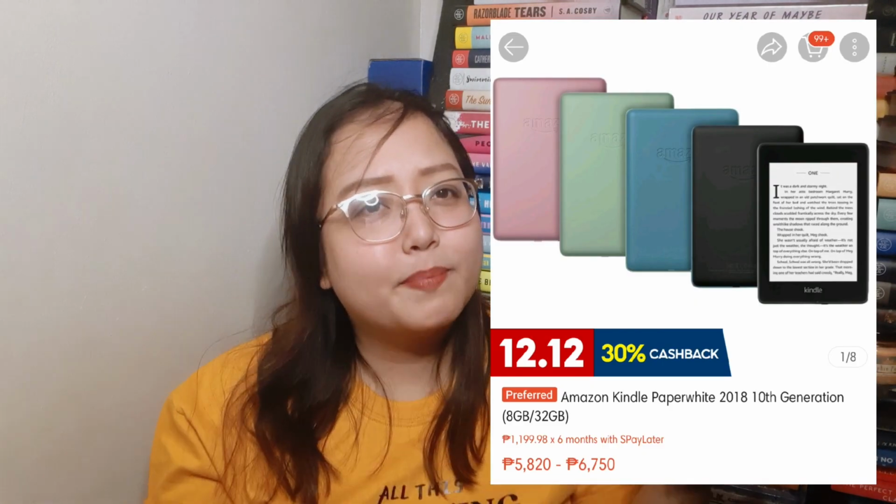If you are looking for a more pricey gift for a more special person, you might consider buying them a Kindle. So what I have is a Kindle Paperwhite 4 or a 2018 version, I think, of a Kindle. I have it for more than a year now, and it's been doing amazingly. So it's still as strong as it was in terms of power, usability, since I first bought it. So there, it's one of my most popular videos here on the channel where I haven't really talked about the specs of the Kindle. I was just so happy that I was gifted this. So yeah,